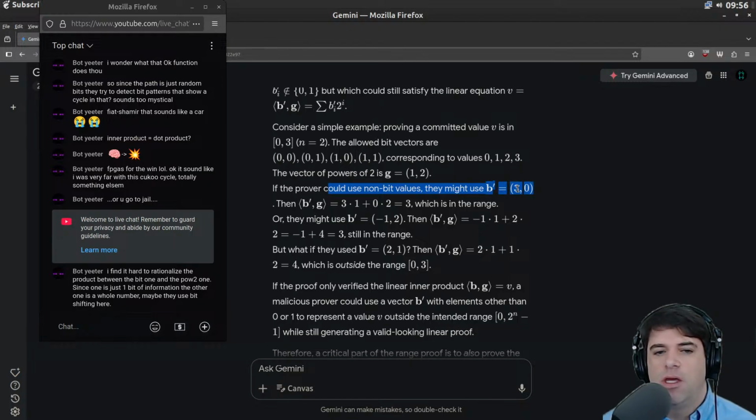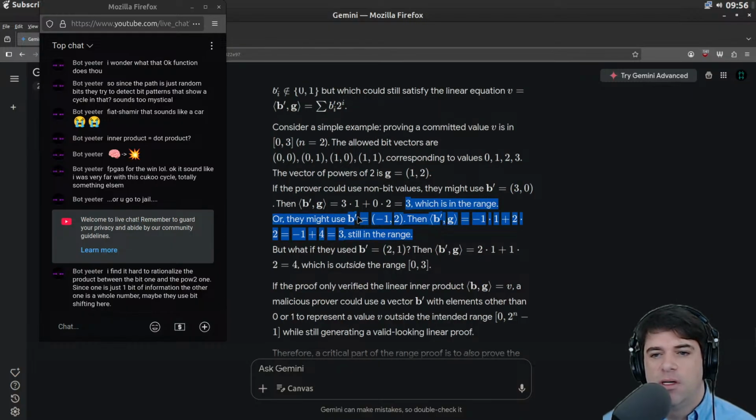So here's, I think, the answer to what your question is getting at: now we have a B prime that is not just bits, not a string of bits, in the sense that it claimed B was. Then B prime dot G is 3 times 1 plus 0 times 2, which is 3, which is in the range.